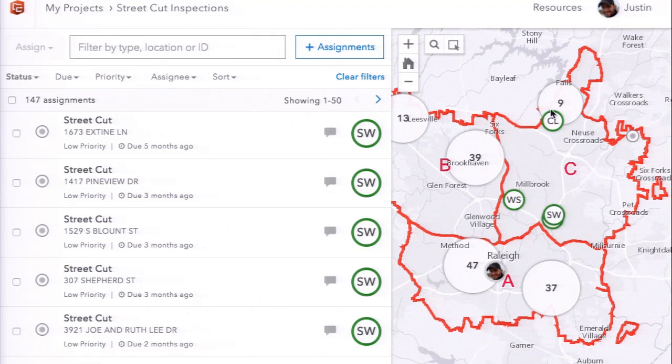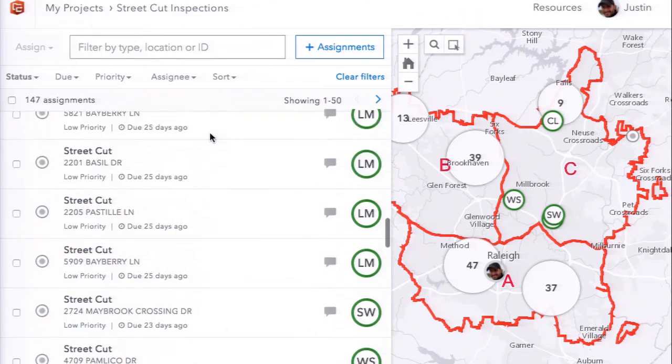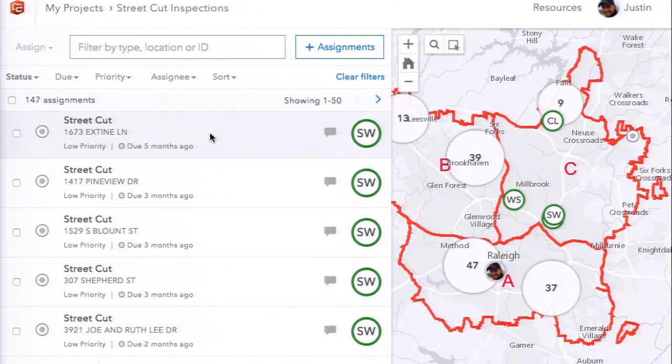These are all the inspectors. Most likely they're probably leaving their office right now. That's probably why they're all in the same area. And yeah, I think that's all I got with this workforce app. But now I'm going to go over to,